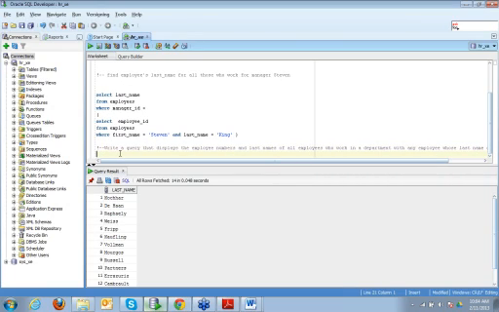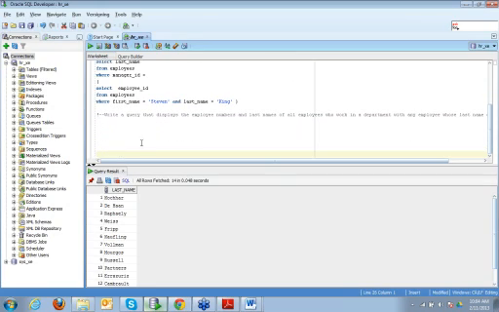First we have to find all employees whose last name contains N. So select last name from employees where last name is like percent N percent.